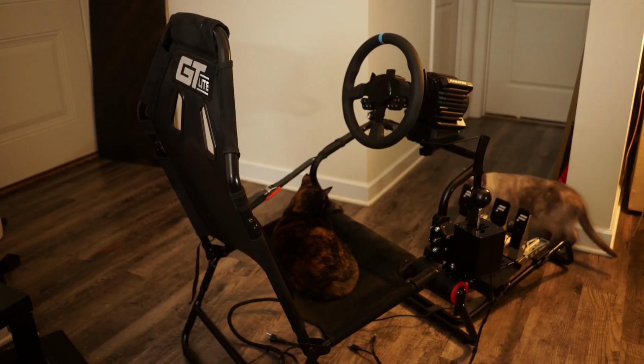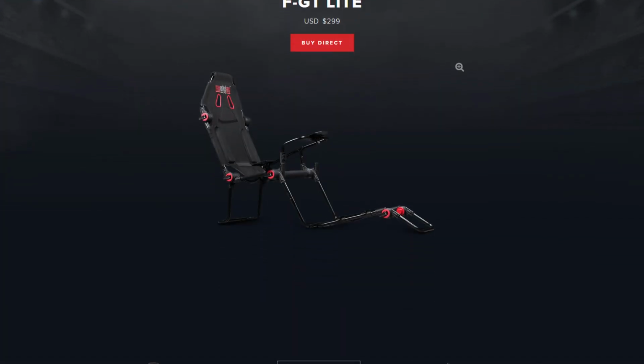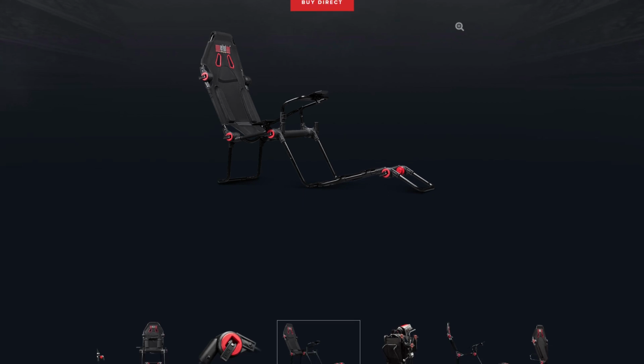When looking for a lightweight rig, I ended up going with the GT Lite behind me from Next Level Racing. This was my choice because you could stow it away, fold it in on itself pretty easily. There is also a more formula version of this, the F GT Lite, if you're more into that. But this is easy to stow away, really lightweight, and one benefit that I didn't really think about at the